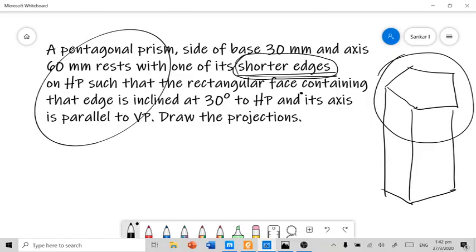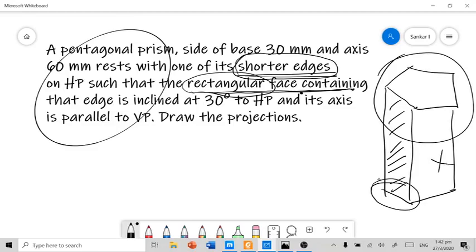This is nothing but the pentagonal prism resting on HP with its shorter edge, and the rectangular face containing the shorter edge, that means the side surface which is containing the shorter edge. For example, if this pentagonal prism is resting with this shorter edge on HP, the rectangular face containing the shorter edge means that rectangular surface, not this one or any other three.